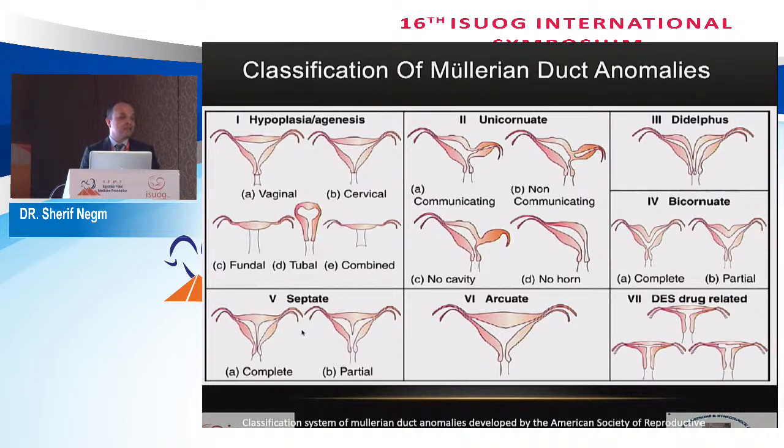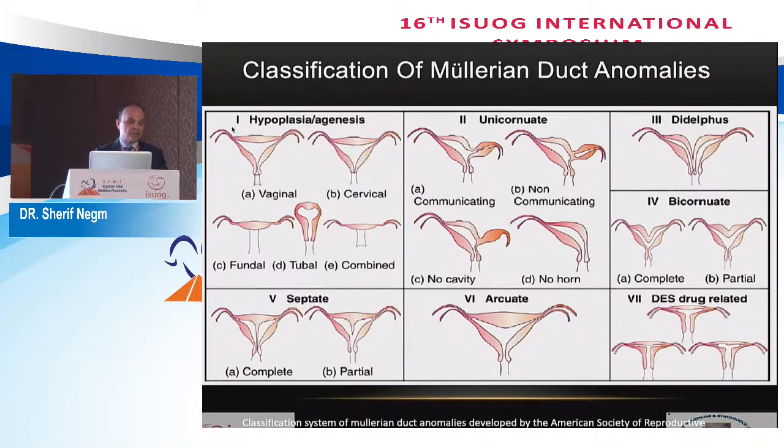Arcuate uterus and the partial septate uterus. So sometimes it is difficult to use this classification. We want to know if the uterus we're looking at is a septate or an arcuate uterus. Using this classification, there are no clear delineations or cutoffs to differentiate between the two. Another drawback is this